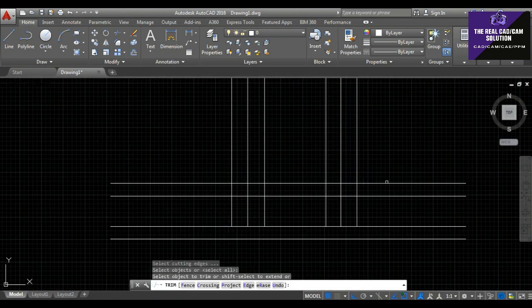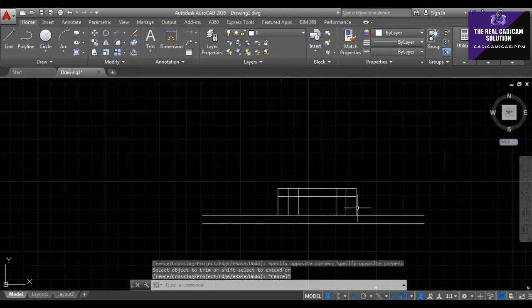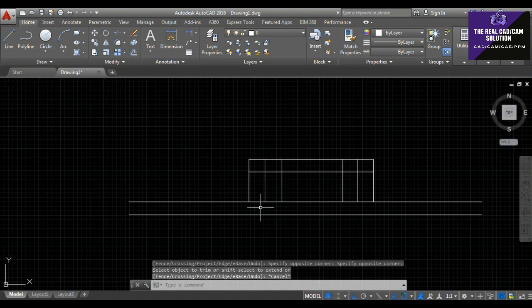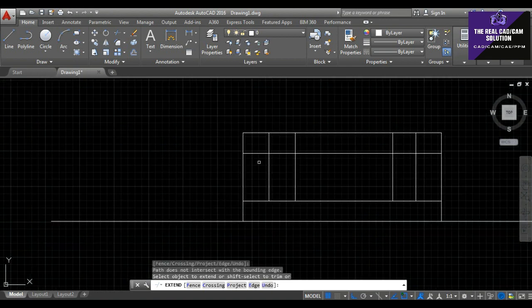Okay, this is complete, and go to trim like this. Ground floor is ready. You must know how to draw the ground floor. Okay, this one is ready.